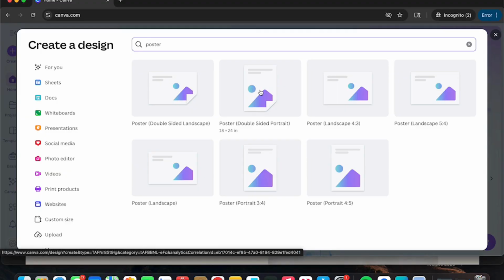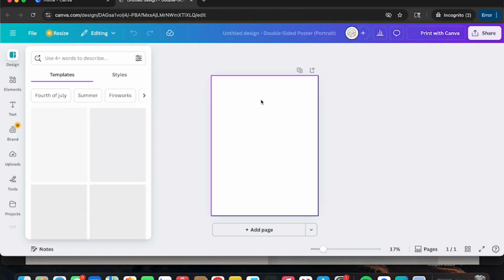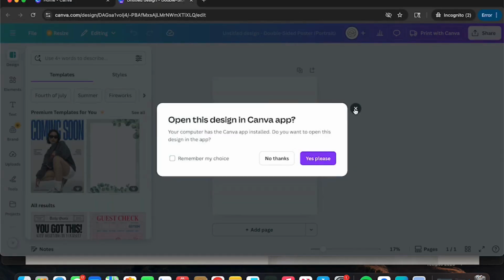and I'm going to select this 18 by 24 poster size. Let's say that I know I wanted it to be 19 by 25 for my poster. Then I would go to custom size and just enter that. But for this, I'm going to go ahead and choose 18 by 24. So now I'm in Canva, and